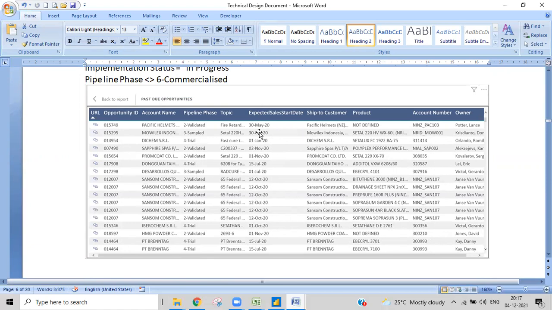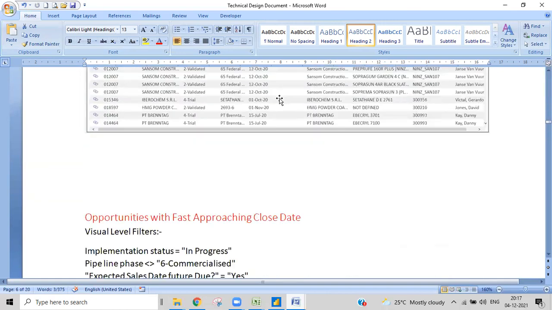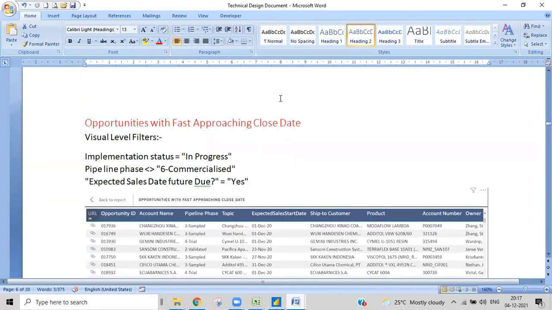Okay, some of them are calculated columns. The URL is a calculated column, which is done based upon the opportunity ID. So again we need to create a lot of columns. I'll show you in the mapping document what the columns are, how they need to be done, and what the logic is to achieve that. That is another part. So let us first discuss our complete requirement, and then we'll go into that part.